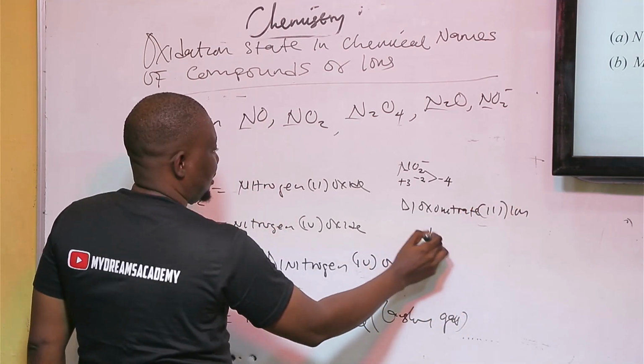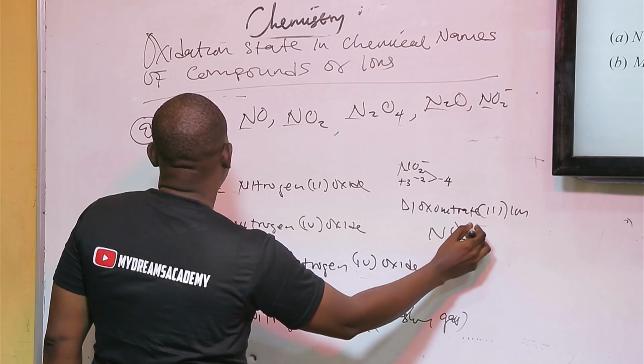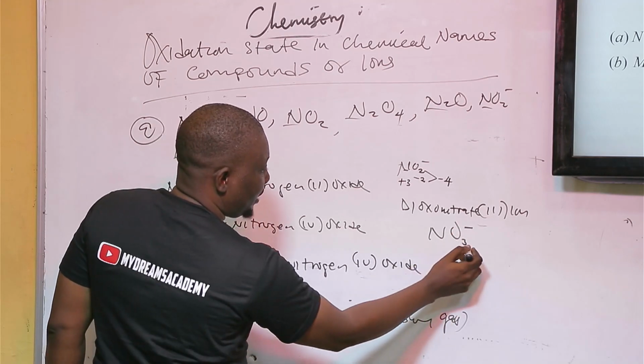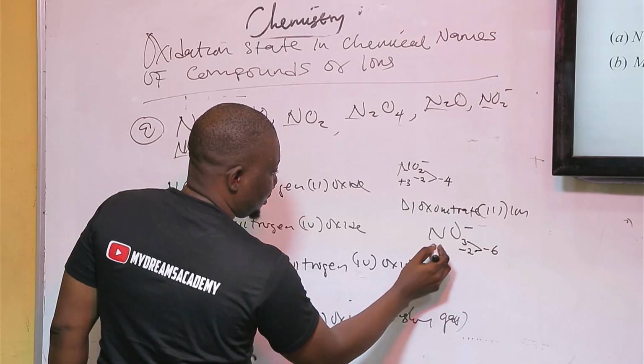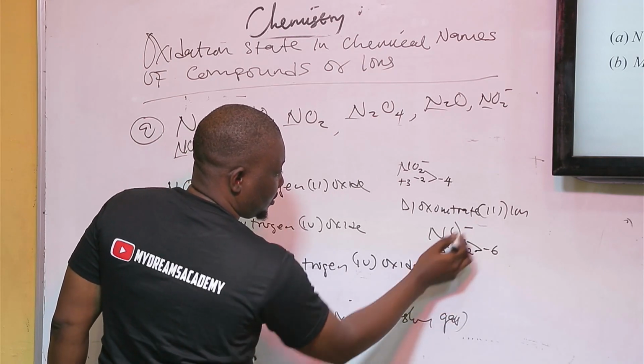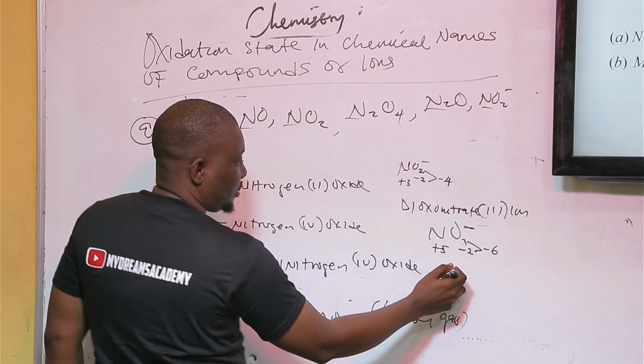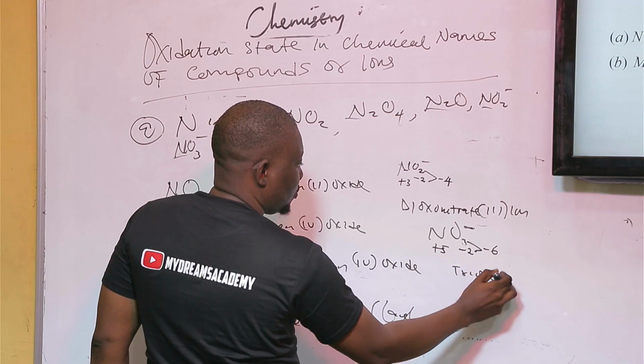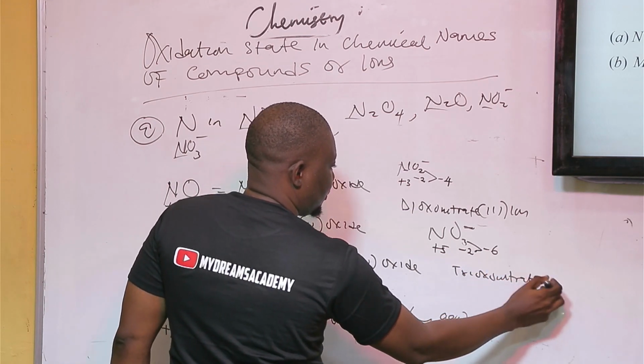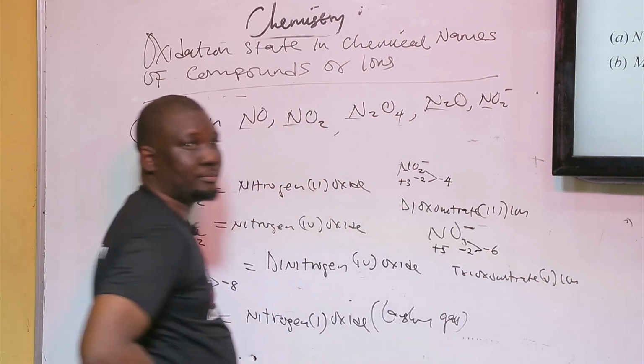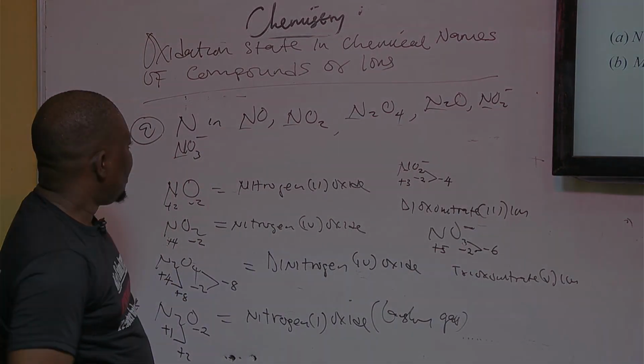Then the last but not the least is NO3 minus. What do you do here? Oxygen is minus 2, so minus 6, plus 5. If you add this, you have minus 1, isn't it? So here it will be trioxonitrate(V) ion. Are you with me? And then to the B